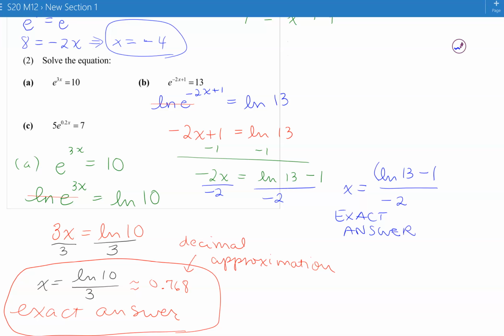And if you want to make it really, really clear, you could put parentheses around the ln of 13, because that's the number. It's not the ln of 12, it's the ln of 13, that number, and then subtract 1. So if we want to put a decimal approximation,